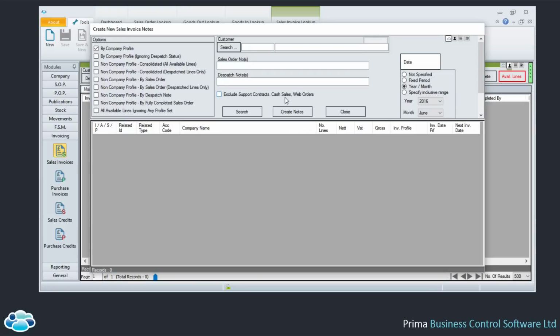So you do your block of stationary sales, if you like, and then if you run service contracts, support contracts through Prima, or you have a cash sale account running through Prima, then you can handle those separately. You don't have to, but the option's there now. Okay, so